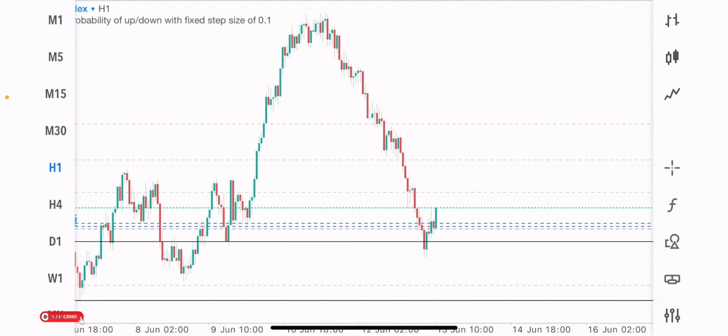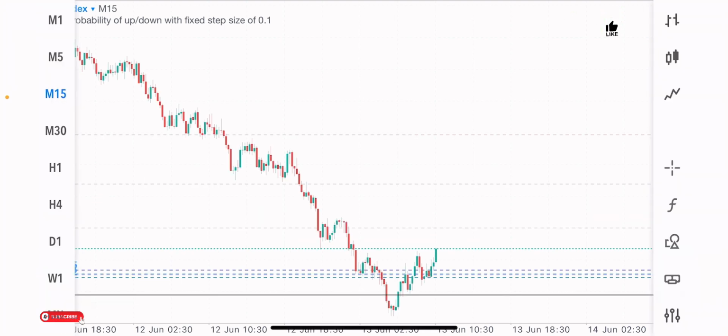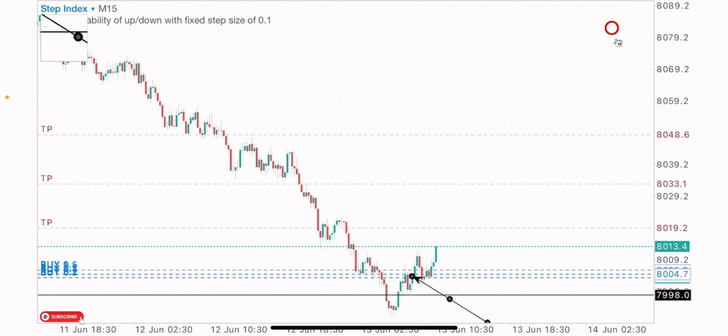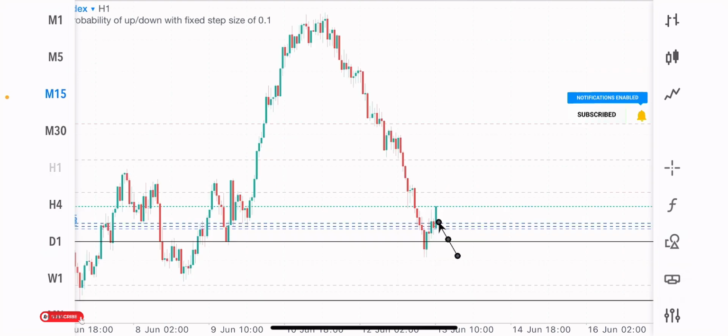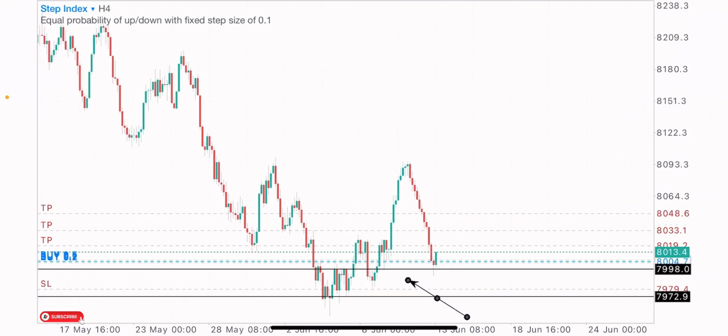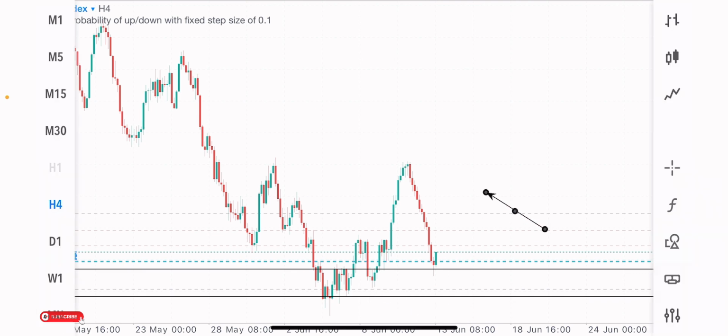So right now I re-entered these buys. I got into the trade right now, and I also asked my VIP members to re-enter on these buys with our stop loss below this structure. I saw this setup on the 4-hour time frame. Basically, our stop loss is below this structure, so you're moving in good profits.